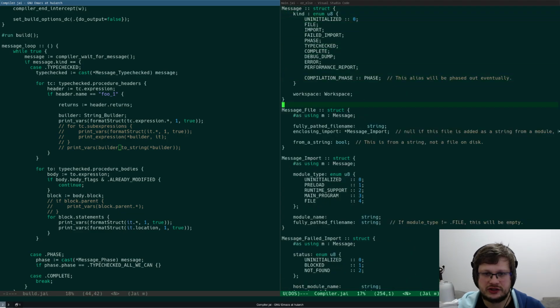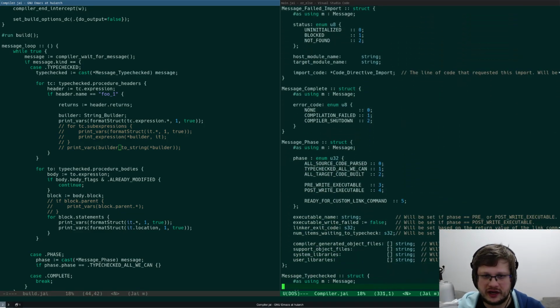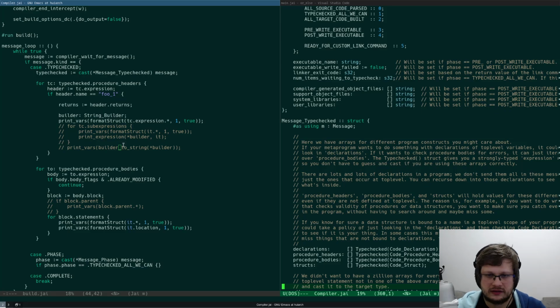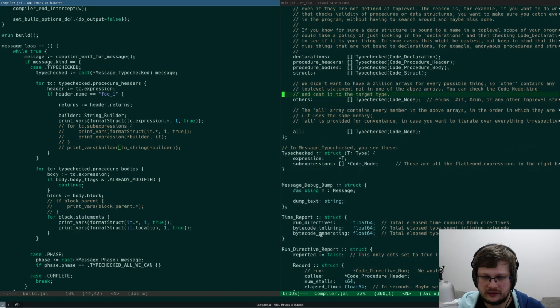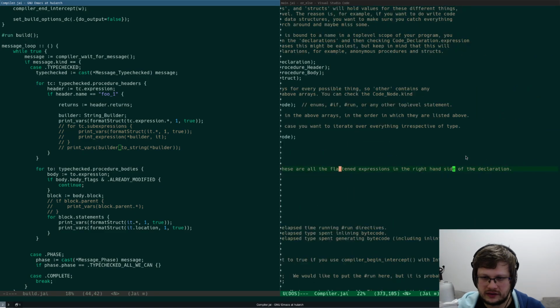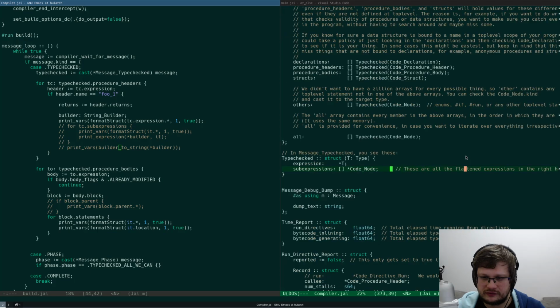I think it has like a file. These are all flattened expressions on the right side of the declaration. Huh.